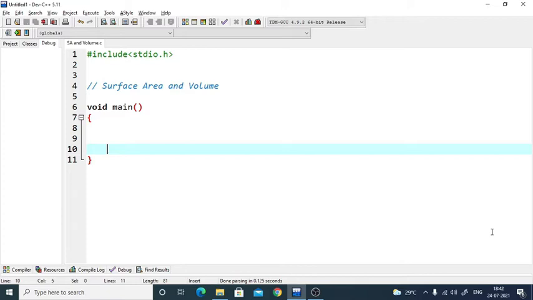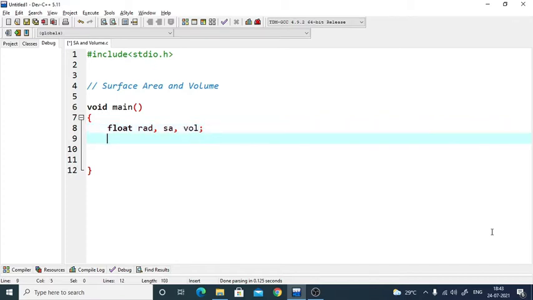So along with the program, parallelly we'll be learning how to use hash define or a macro in our program. Okay, so we again want the input as radius, so float rad. Along with that, we require variables to store surface area and volume, so let's say SA and vol. The only input we require from the user is radius.